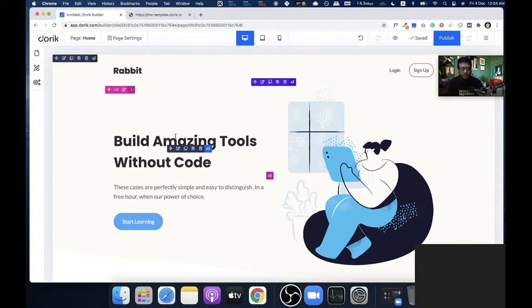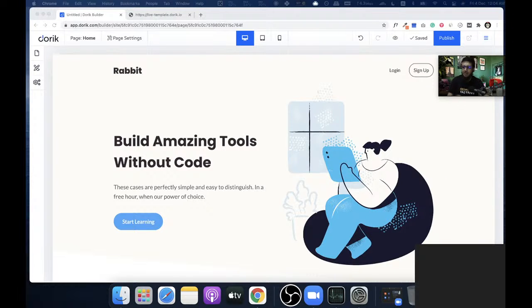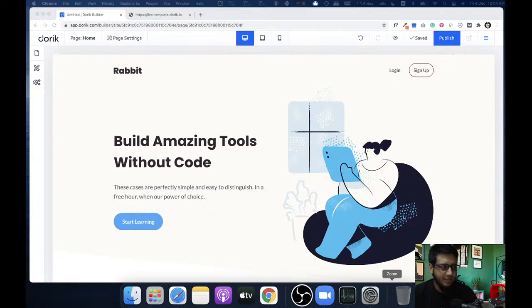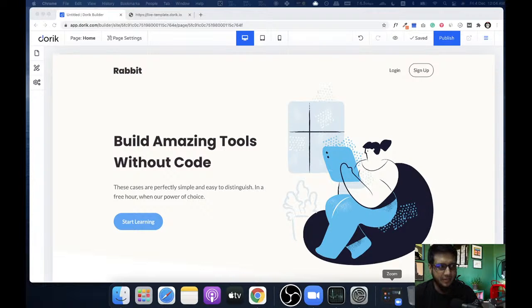So we are gonna look into Shopify and other platforms first, and we'll check if we can integrate with them, and if we can integrate with them, then we are gonna build some template around e-commerce. But thanks for